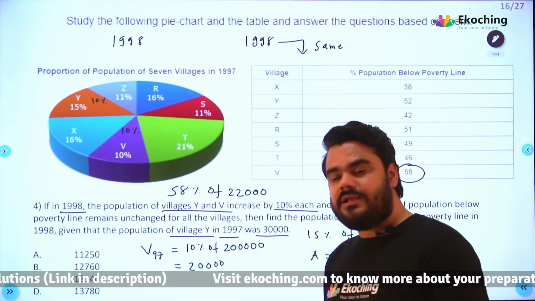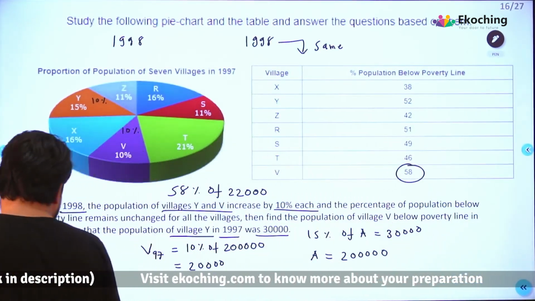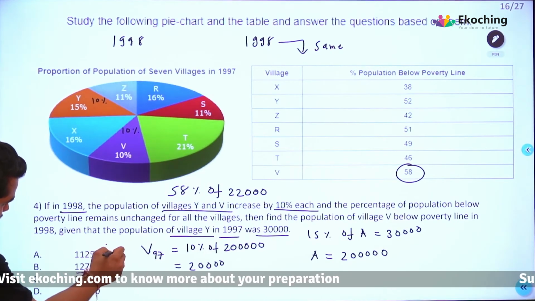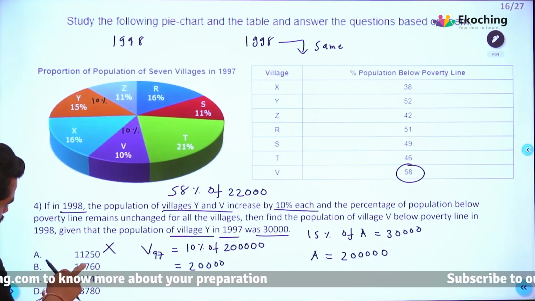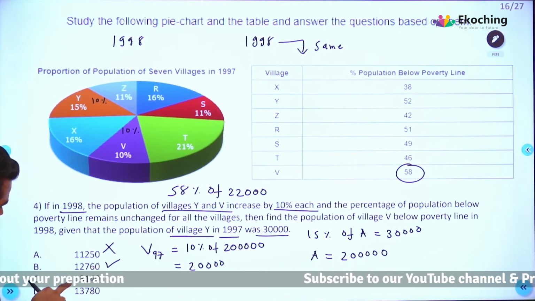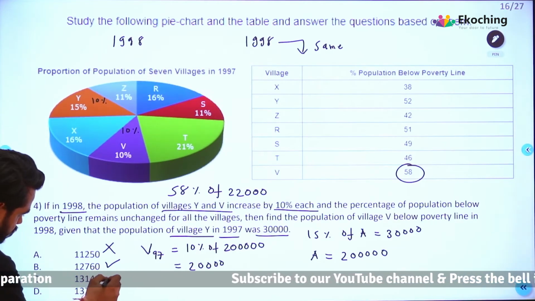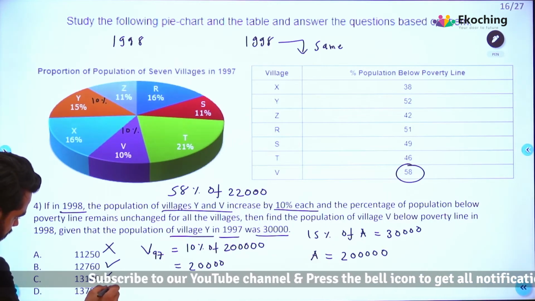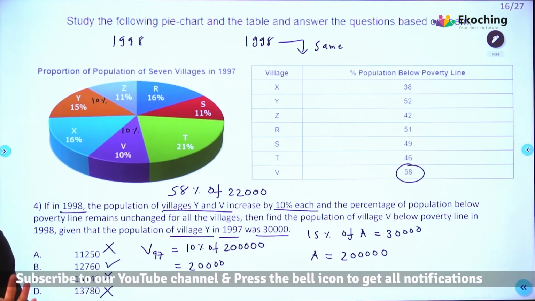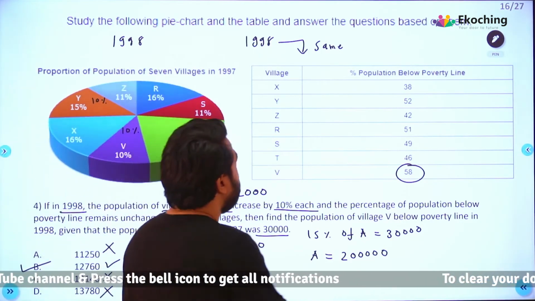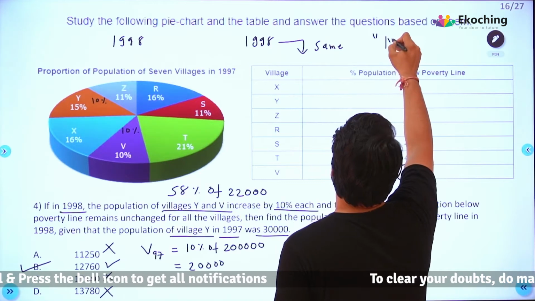0 or 11's multiple. So let's try 11250. So 1 and 2 3, 1 and 5 6, no, not 11 का multiple. 12760. So 1 and 7 8, 6 and 2 8. Yes, ये 11 का multiple है. 1314, 1 and 1, no, this is not 11 का multiple. 1378. So 1 and 7, 8 and 3, no. So there is only one number which is 11 का multiple, and that is our answer, option B. Once again, we have used this method called multiple.